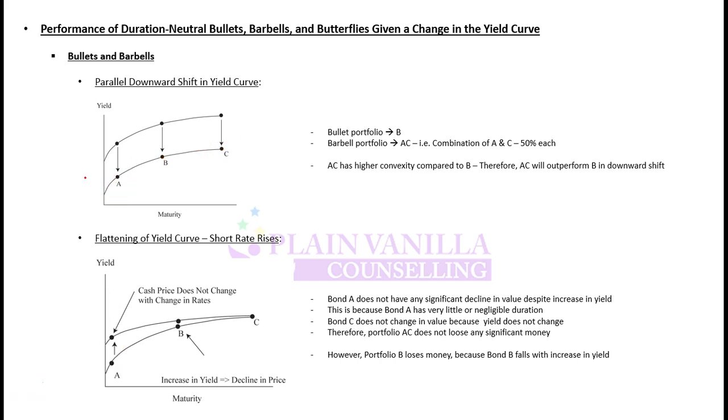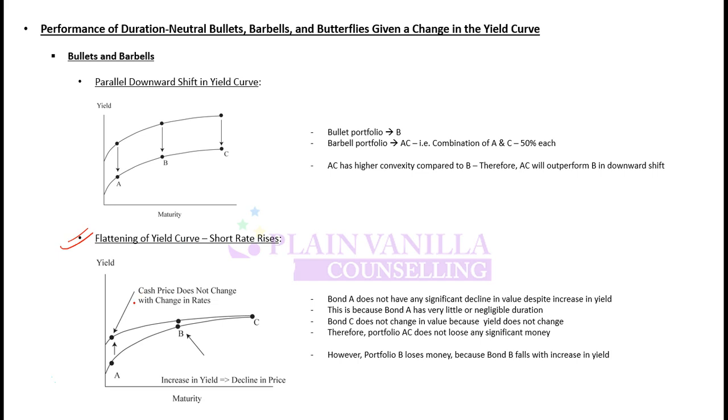Also, another thing to look at is that whenever there is a movement, higher convexity portfolios perform better. And AC seems to have higher convexity. Why? Because AC has a more curved shape, while B has a flatter curve. So as AC has higher curve, it has higher convexity, and if there is a movement of the curve, this will outperform a portfolio with lower convexity. That is the first scenario. Another scenario could be, so you should be able to identify what is the right strategy in which scenario. This is important. Make sure you know these concepts. This is very technical, but very important at the same point.